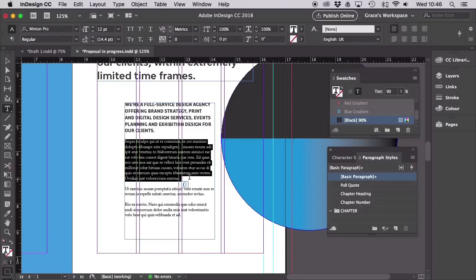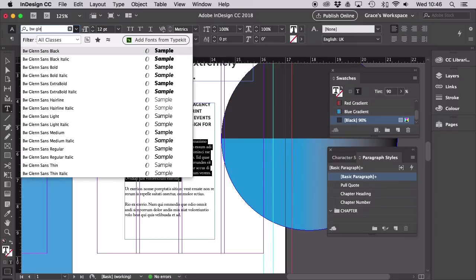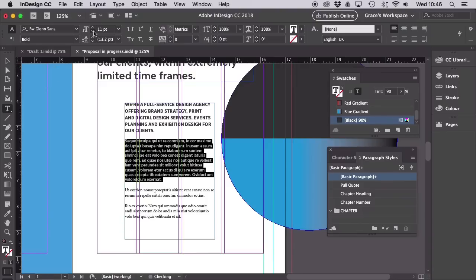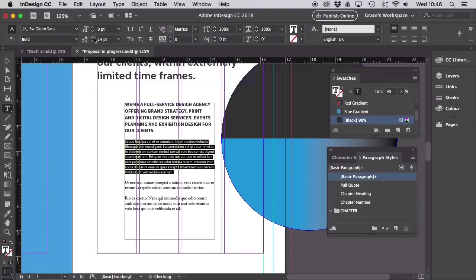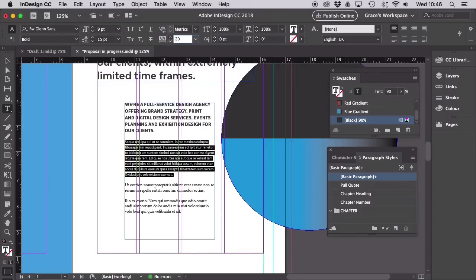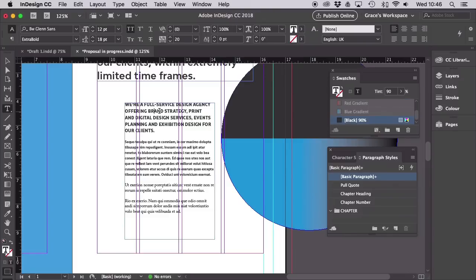For the next paragraph down, set the font to Glen Sans Bold, size 9 points, leading to 15 points and tracking to 20. So to create two different styles in the same frame, let's just place our cursor into that